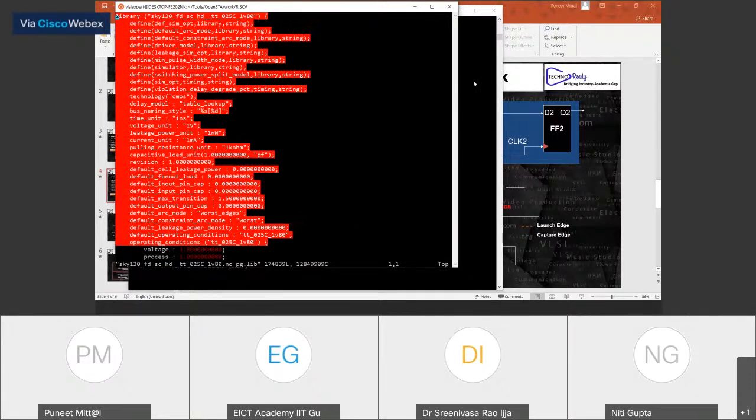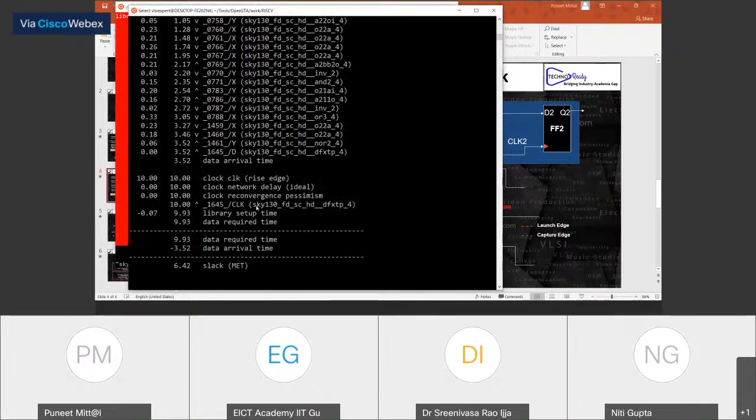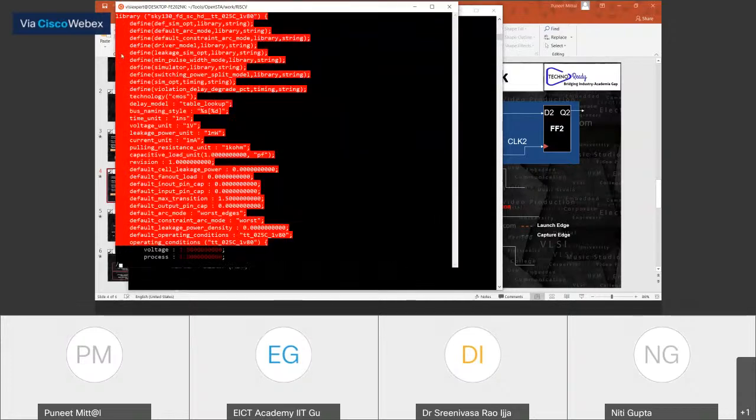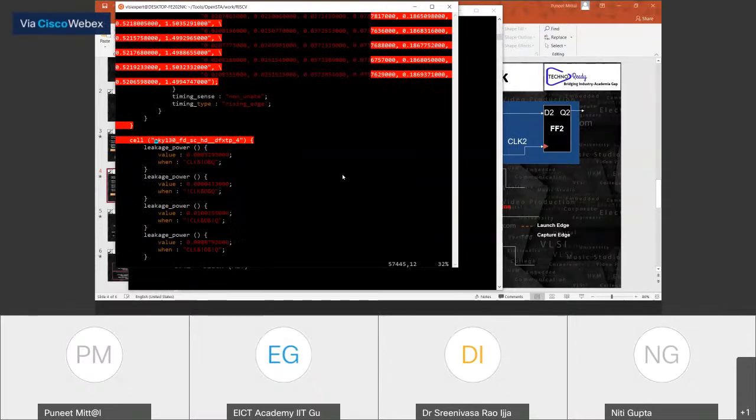Now just see, this is basically this particular flip-flop, because for this particular flip-flop only we are trying to calculate the setup time and hold time. Let's come up here and search for it. And this is my cell definition. So this is the .lib file I'm talking about. In the .lib, this is written.